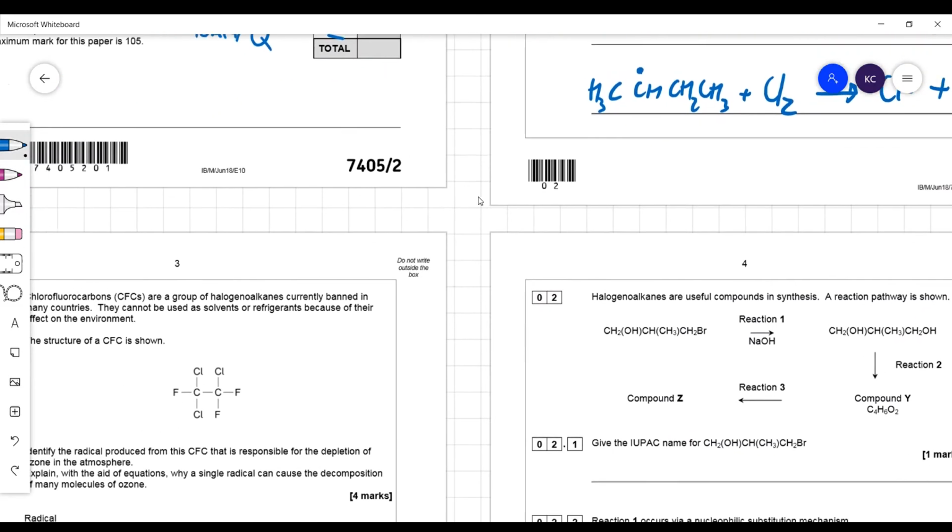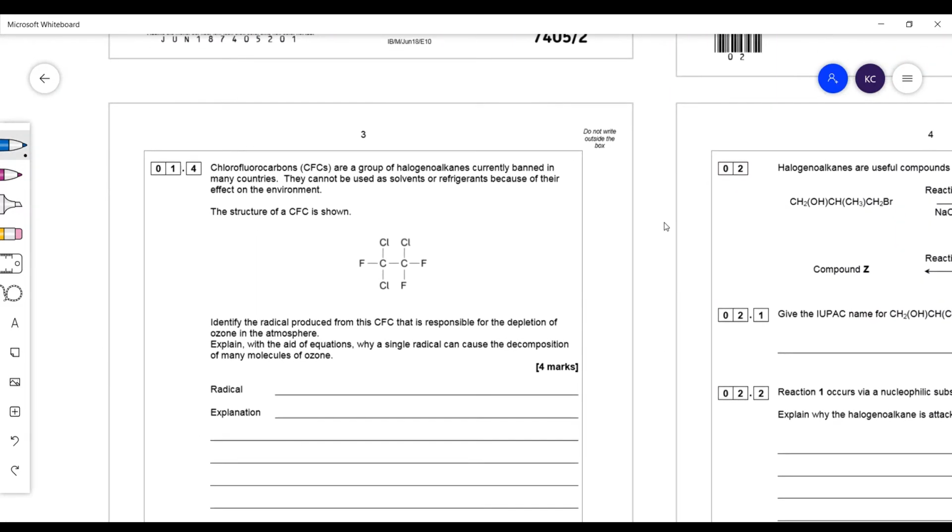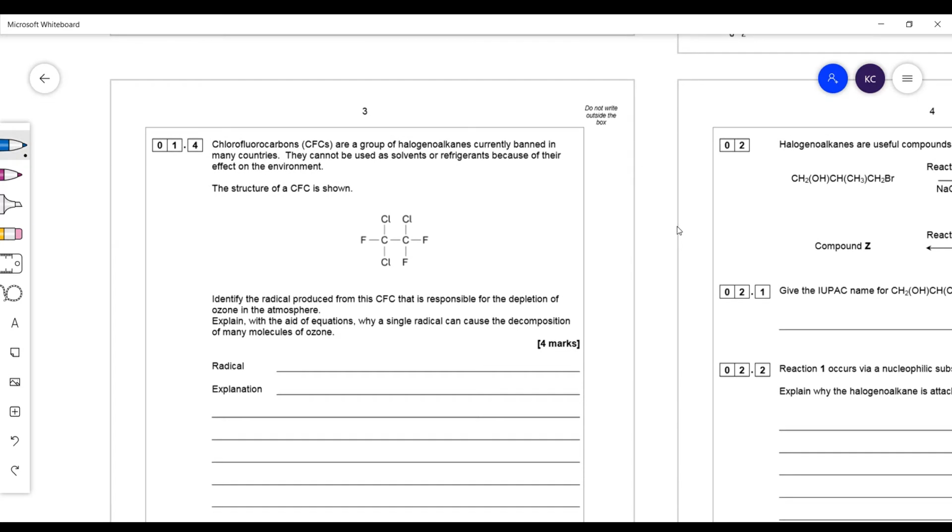Okay, so next question is about CFCs. Chlorofluorocarbons are a group of halogenoalkanes currently banned in many countries. They cannot be used as solvents or refrigerants because of their effect on the environment. The structure of CFC is shown here, and so there are chlorine carbon bonds and fluorine carbon bonds, and you're supposed to identify the radical produced from this CFC that is responsible for the depletion of ozone in the